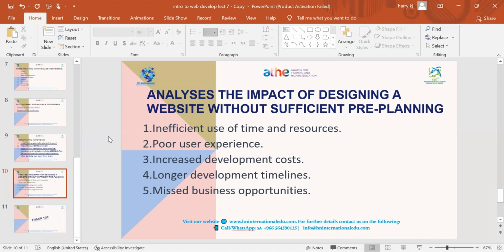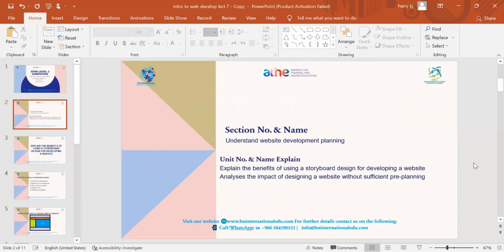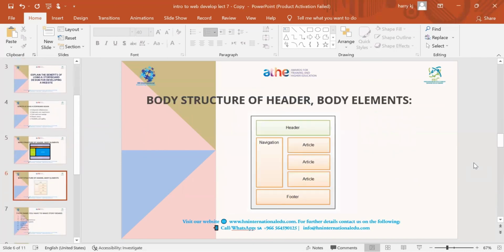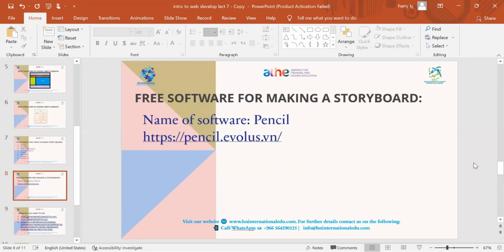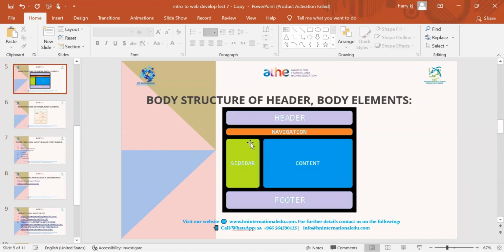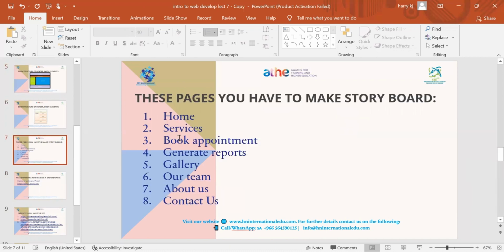Yes. Okay. Abdullah, you are in the class. What you both have to do: Zainab will help you out, but here you have an idea about the storyboard. First you have to download the software and make a storyboard. In the storyboard, you have to add these pages in the navigation bar. This is the navigation bar here after the header. And you have to make a storyboard for all the different pages,